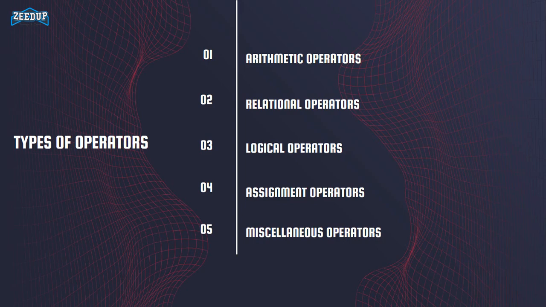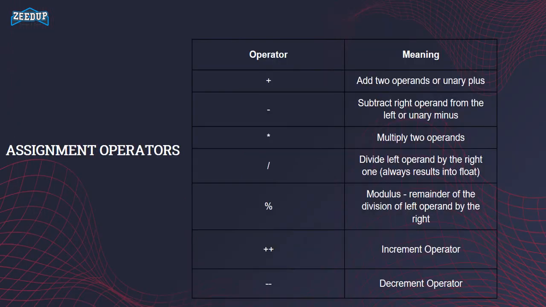Then we have the assignment operators. Assignment operators are used to assign something to a particular variable. Like we have already seen an equal sign, which is used to initialize the value of a variable whenever we are declaring it. There are a bunch of other assignment operators as well, which we will see in this video. The last but not the least, we have some of the miscellaneous operators which are used to perform several important tasks in C. So let us first start with the arithmetic operators.